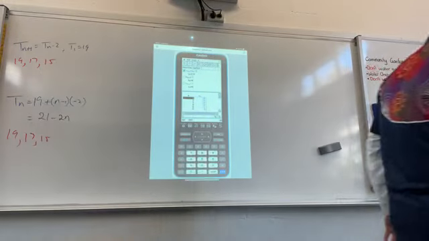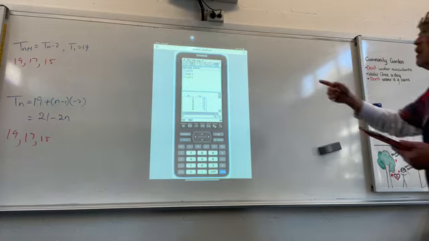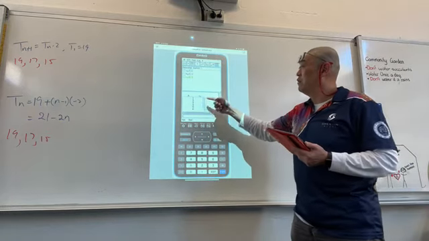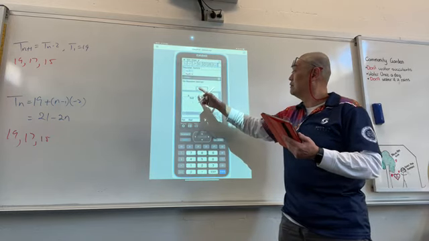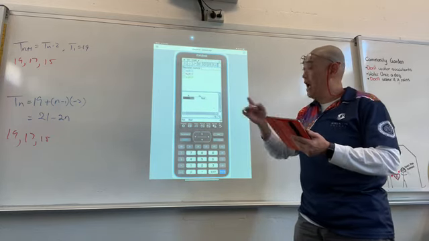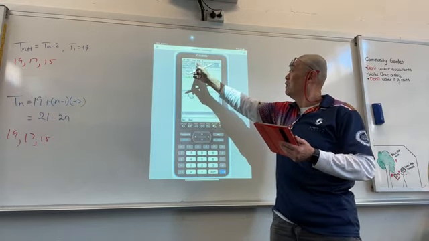Alright, that is a recursive rule. With your explicit rule, there is no need to say whether it's AN or A0. Alright? Now, if you have 2 different rules, what you need to do is go in, tap on this, and it will clear itself. So go back up. Here,